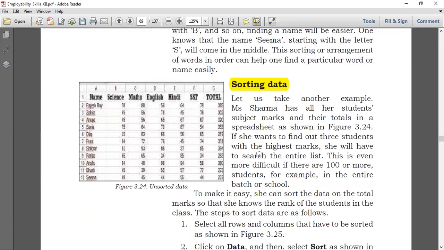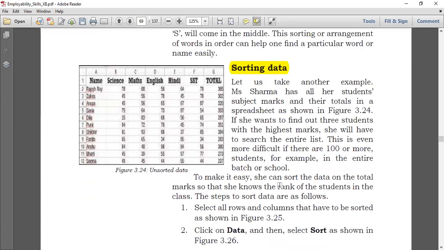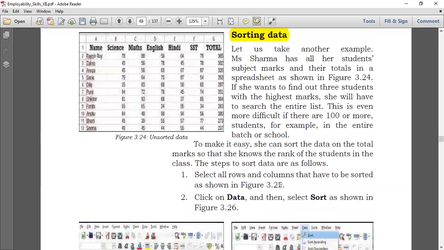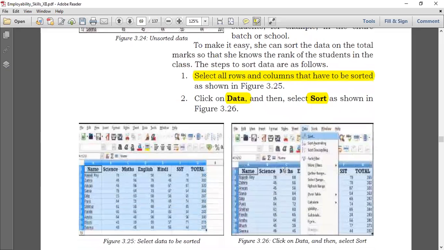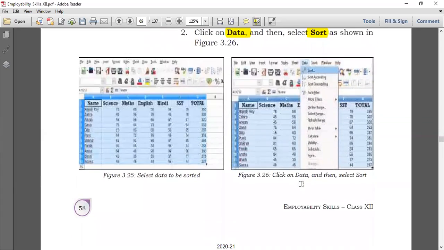Sorting means whenever we have written form of data somewhere, we have typed form of data, you want to arrange that in ascending or descending order. That is called as sorting. So for that, select the rows and columns that you want to sort, right? And then click on Data tab and click on Sort option, right? Here it is Data, and then click on the very first option, Sort, and then